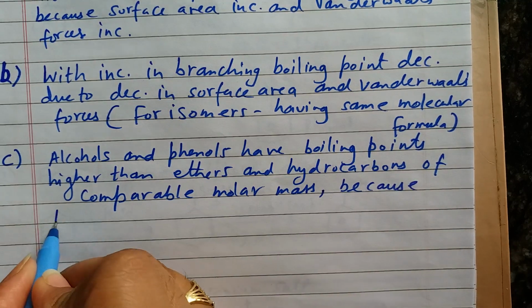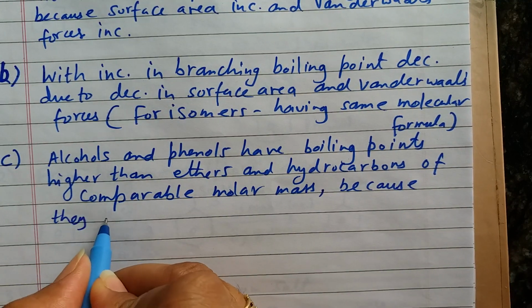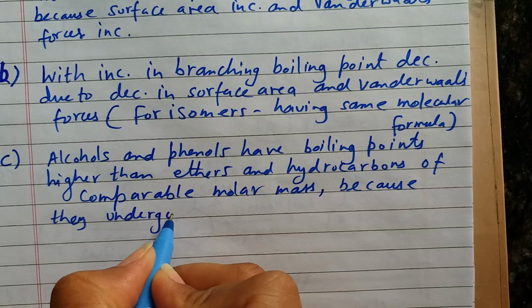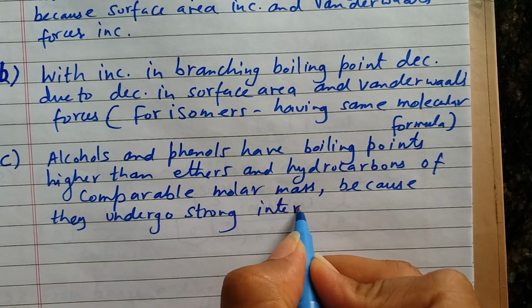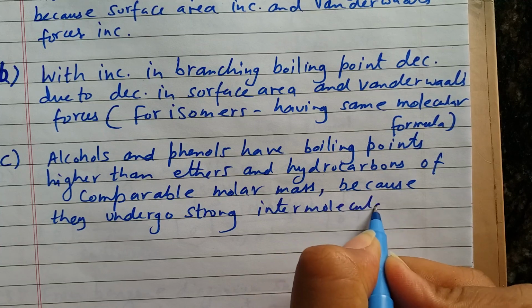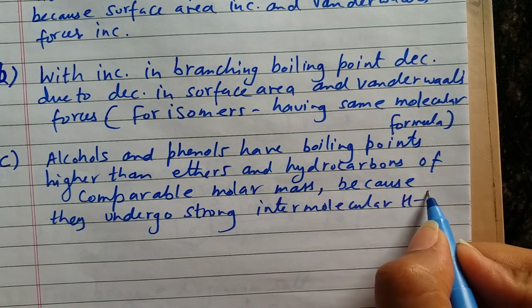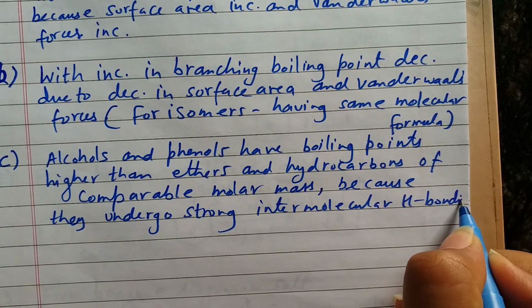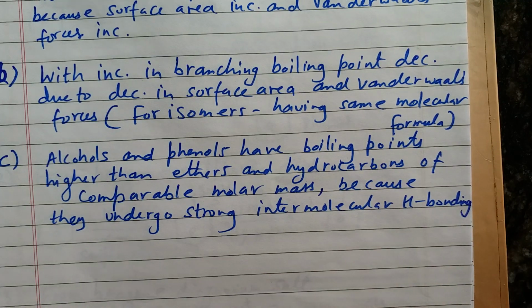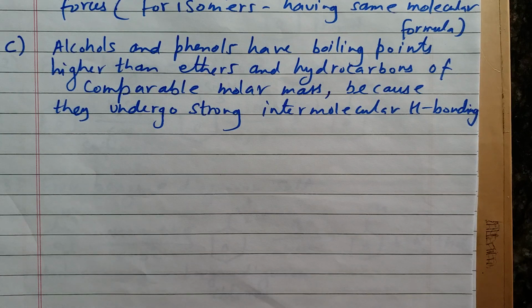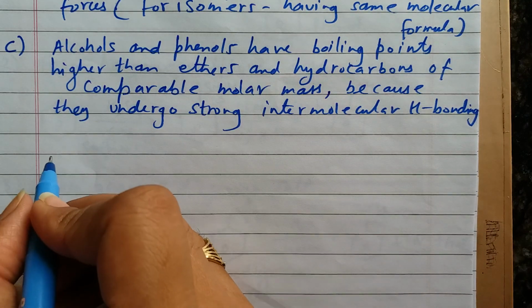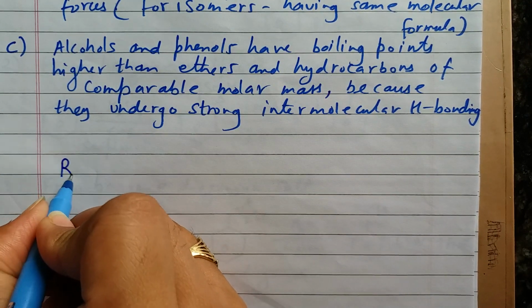Because they undergo strong intermolecular hydrogen bonding. Because they undergo intermolecular hydrogen bonding, that's why their boiling points are higher than the ethers and the hydrocarbons. Let me show how the alcohols and phenols form hydrogen bonds. Let's say ROH